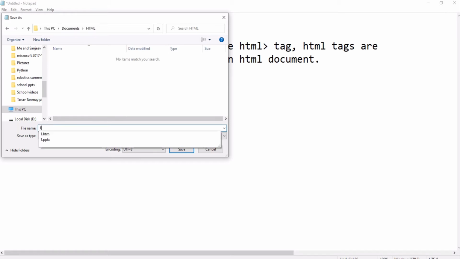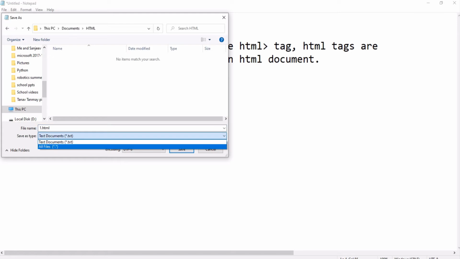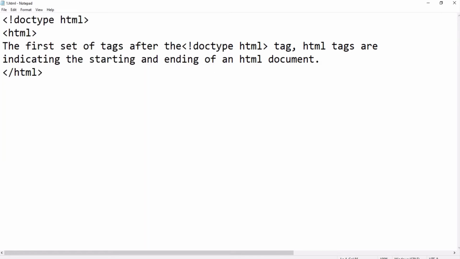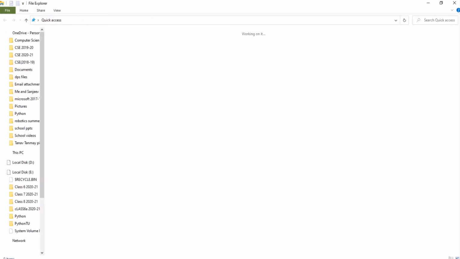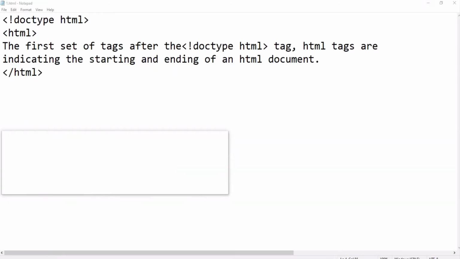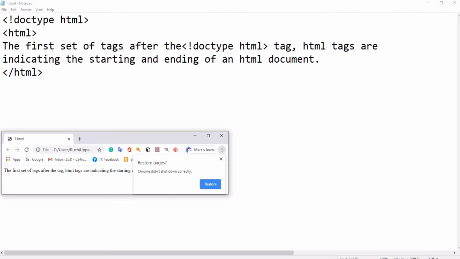I am writing here one.html or .htm, anything you can use. Now if I want to see my output, let's see here. See, the output is coming here on this browser.